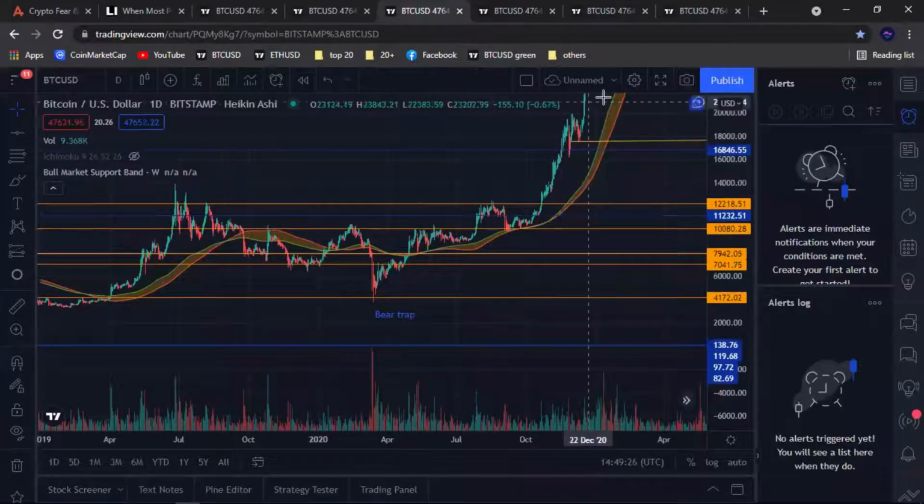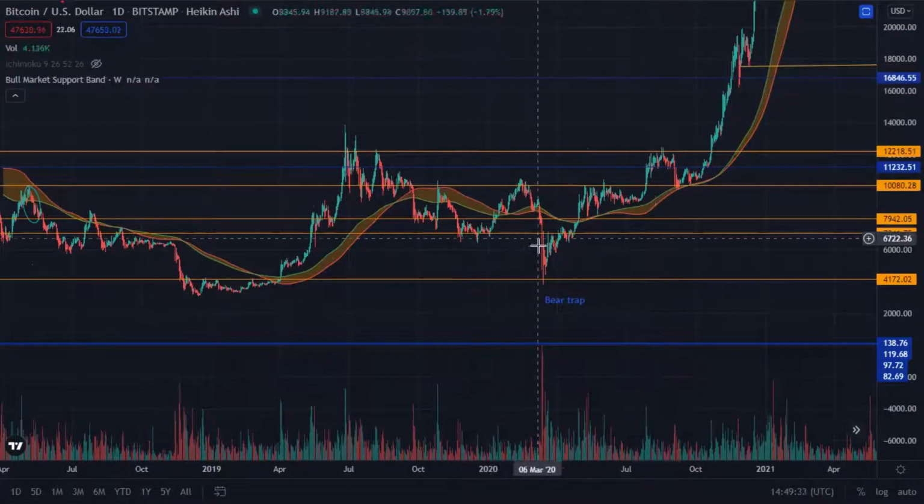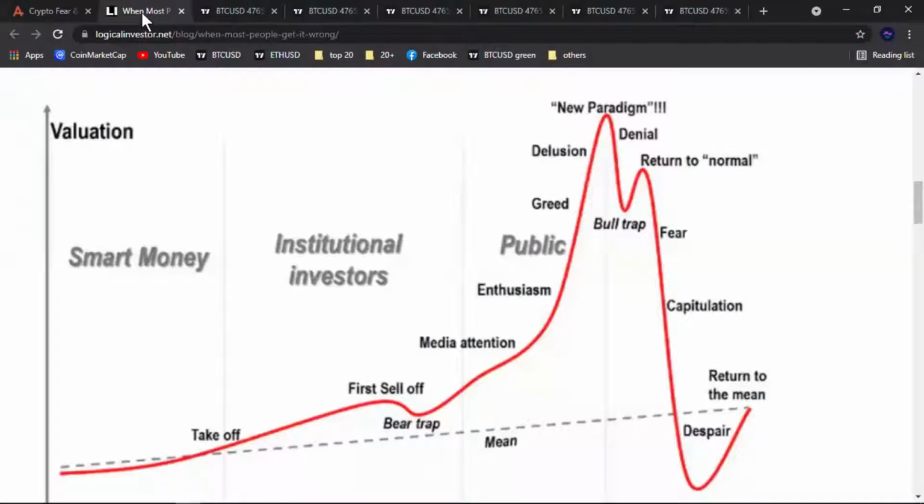The next graph is 2020. Before starting a bull market, what did we do? We had a bear trap. I'm going to show you the bear traps in the first graph we had earlier, the emotion graph. People get emotional, the market gets emotional. We have a sell-off and a bear trap, and then whoosh. This bounce is what we want. We want to go down so we can go up. Bounces are excellent.